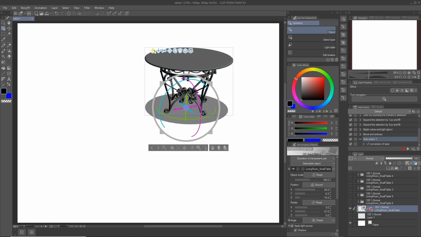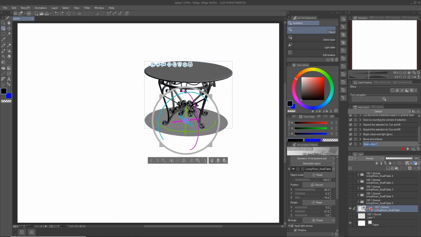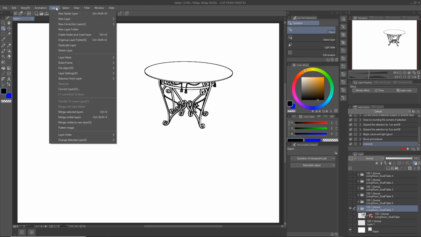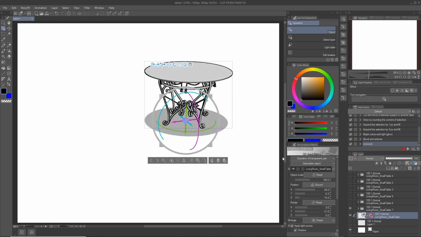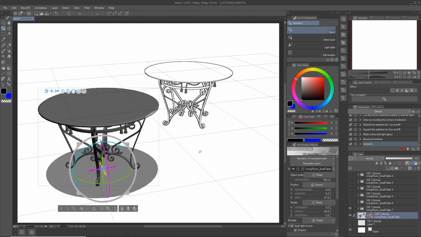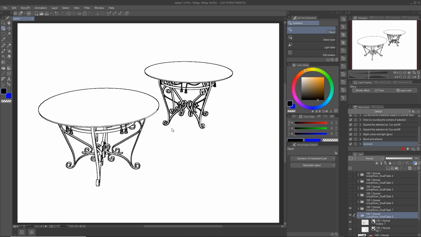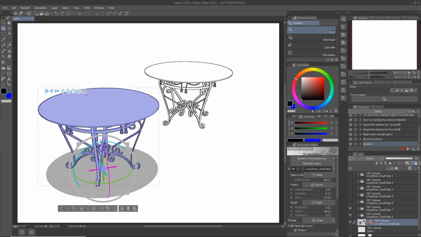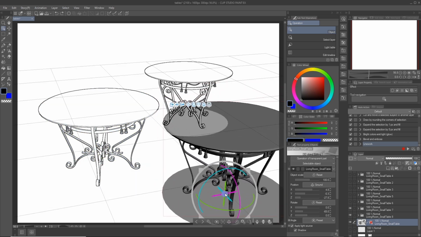Move this around. And now, the cool part, I have this action, which I'm going to rename line work. And when I hit play, it automatically converts the 3D object into line work for me. I no longer have to go up to Layer and LT Convert. And so what that allows me to do is work really quickly. So I'll just move around, rotate this table, maybe bring it forward a little bit, and I'll hit the line work button. Minimize this folder. I'll do it again. I'm going to move this table somewhere else.